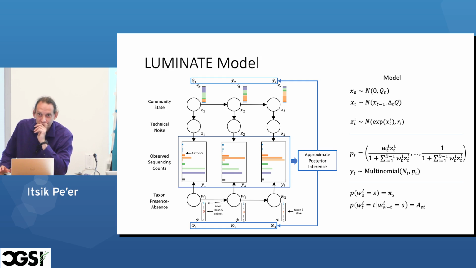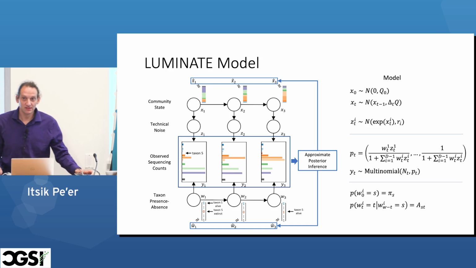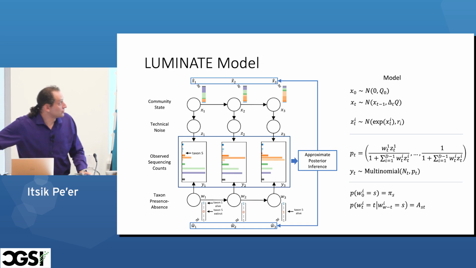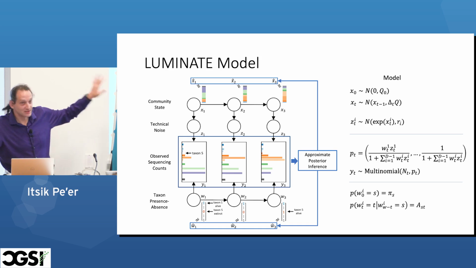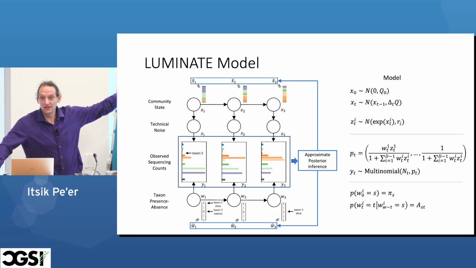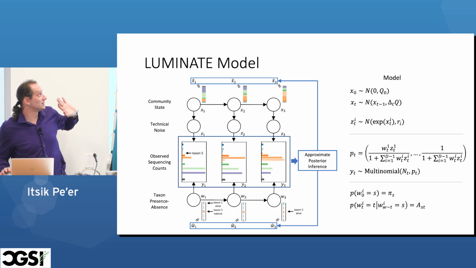You have an underlying ecological model here, right? This is the X naught, XT, and so on and so forth? Can you say that again? You have an underlying ecological model that's describing the true community dynamics, correct? Do I have an underlying ecological model? So for this part, not really. So this is kind of ignoring